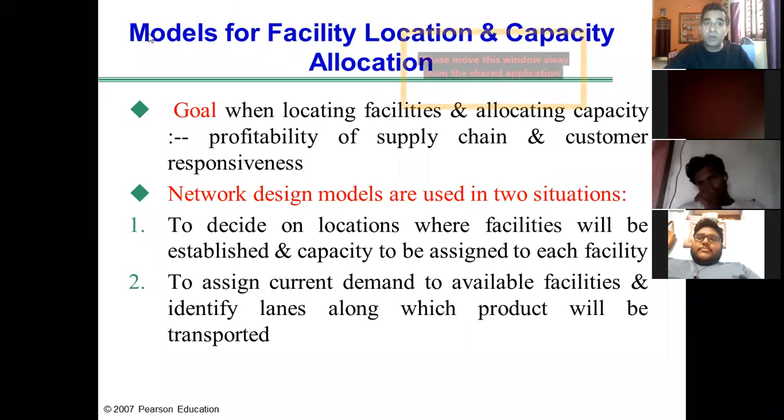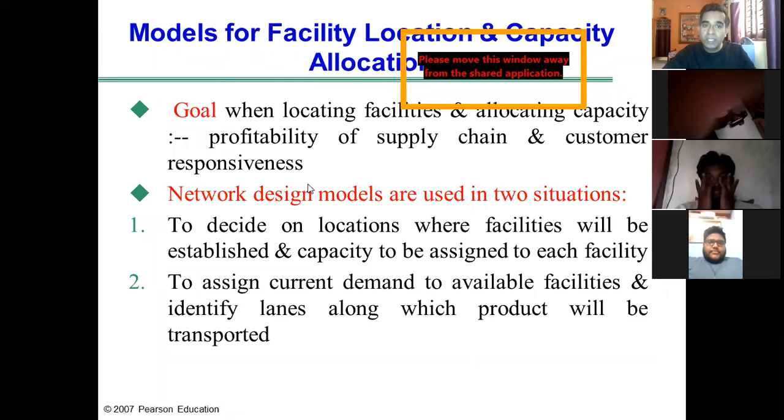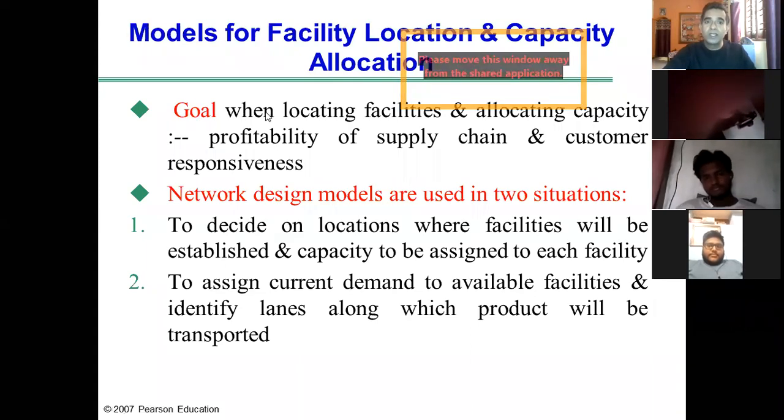There are certain models which are used. We are going to consider one model, and we are also going to have an illustration of the same, after which I am going to entertain your questions. From here onwards, it is a single illustration. So I request your attention, all the students. Please pay attention.